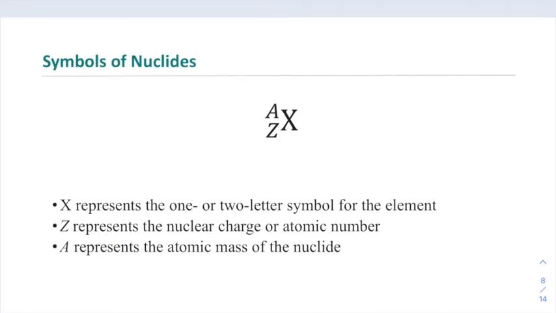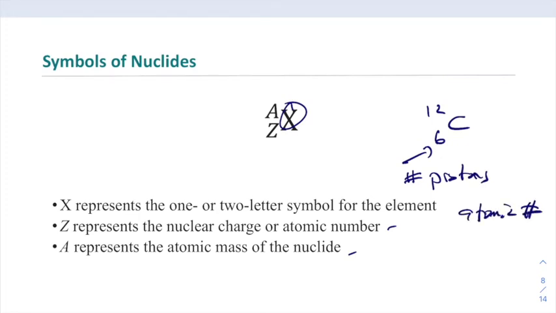And then we come up with this way to just symbolize these things. What we have here is the element symbol. So if you had carbon, it would be C. The top number is the mass of the nuclide, and the bottom number is the nuclear charge, or the atomic number, which is the number of protons, if you will. So for carbon, you might see something like this. That's the number of protons, the atomic number,